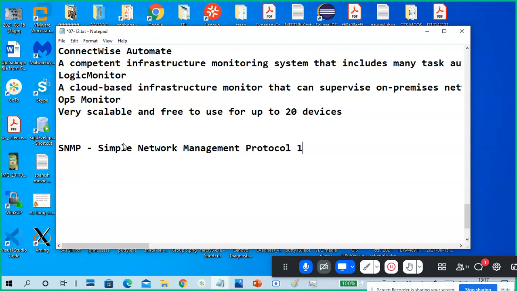It uses 161 and 162 port numbers. I will explain how it works and then I will close it.